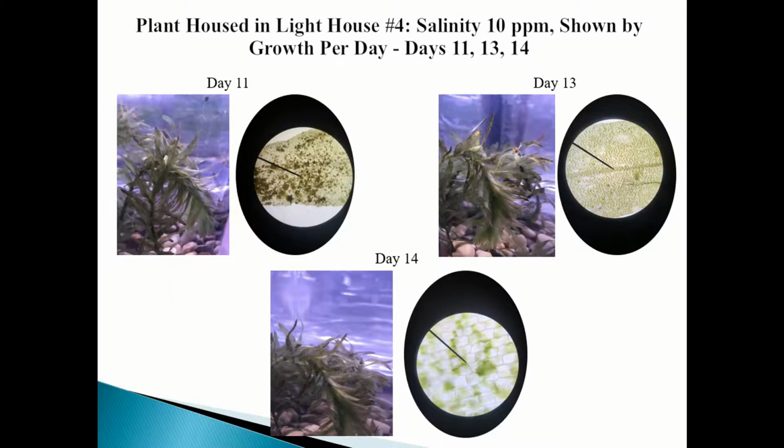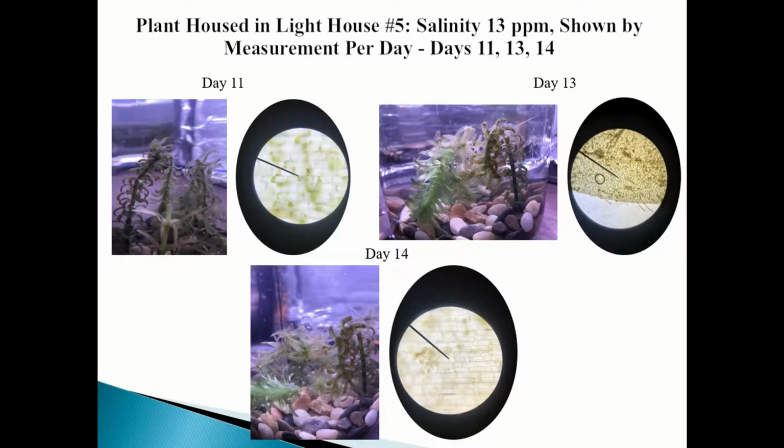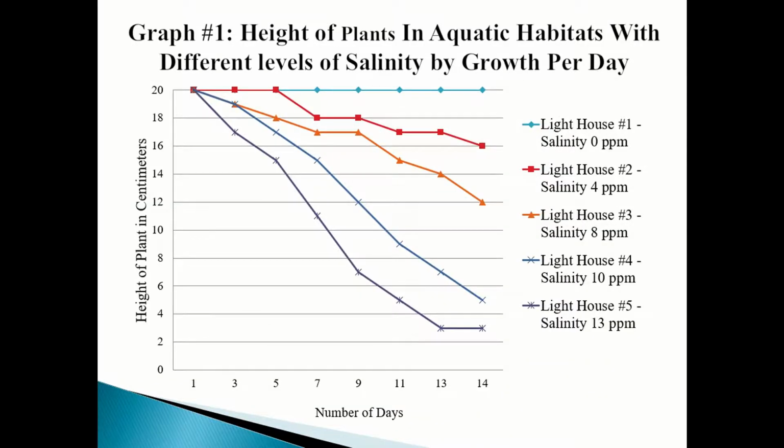These are pictures of plants in Lighthouse 4, which has a measurement of 10 ppm salinity from days 11 to 14. Next slide. These are pictures of plants in Lighthouse 5, which has a measurement of 13 ppm salinity from days 1 through 9. Next slide. These are pictures of plants in Lighthouse 5 from days 11 to 14. Next slide. Graph number 1 shows the height of plants in aquatic habitats with different levels of salinity by growth